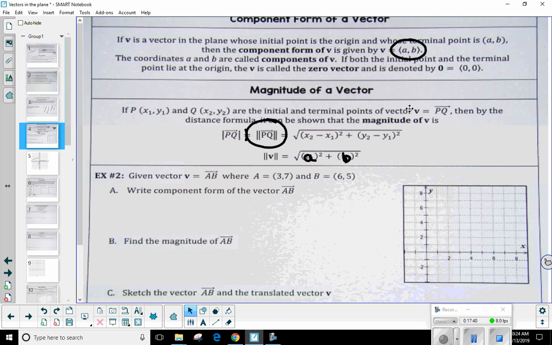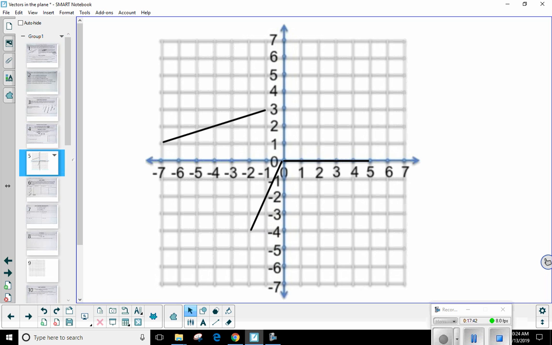Okay? And really, when you think about it, it makes sense. So let's come back over here. Let's go to vector W, back to him. Okay. Now, we know this point right here is at -7, 1. We know the terminal point is at -1, 3, right? So I could easily use the distance formula and figure out what the length is. That would represent the magnitude. But a lot of times, especially because we're going to be dealing with component form, you're going to want to use that. Okay. Well, the triangle that we created,